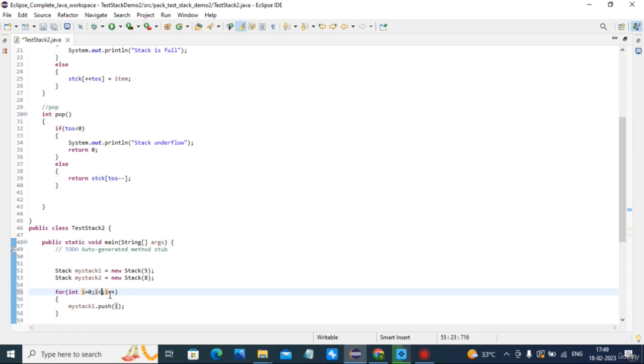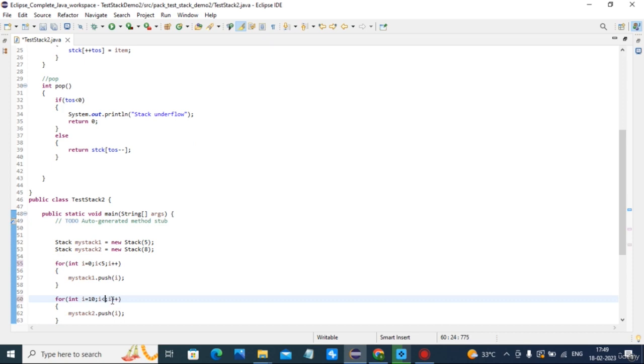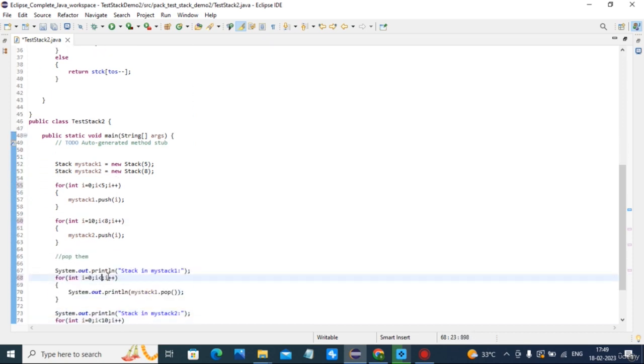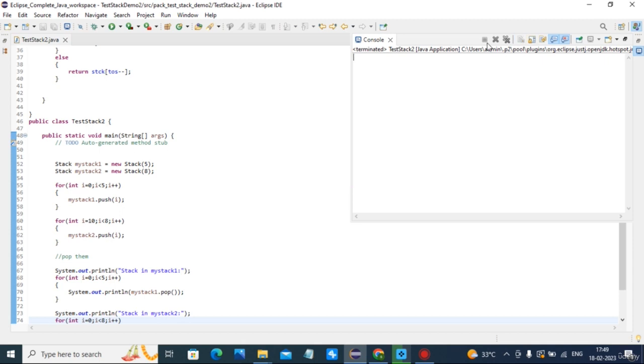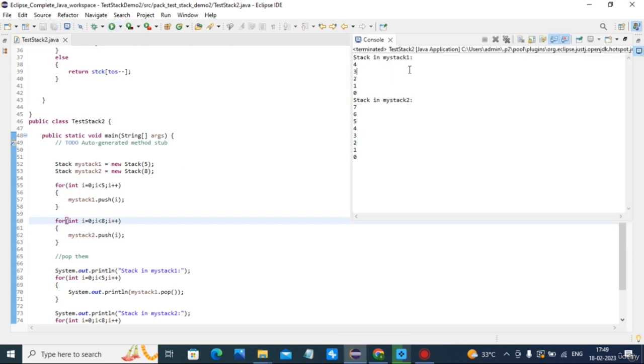Here I used 10 earlier, while the size, the length, is 5 and 8. The first loop will iterate 5 times and second will iterate 8 times. Now I will run this code. Stacking my stack 1 and stacking my stack 2.